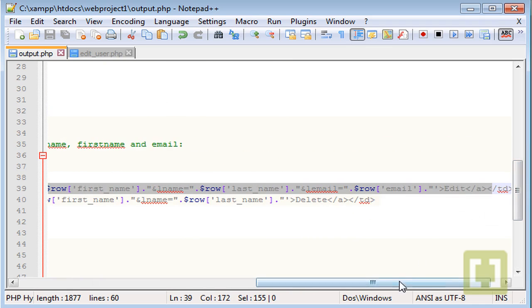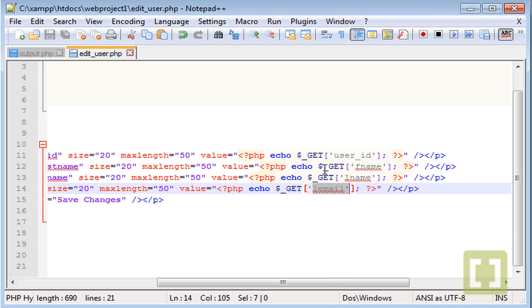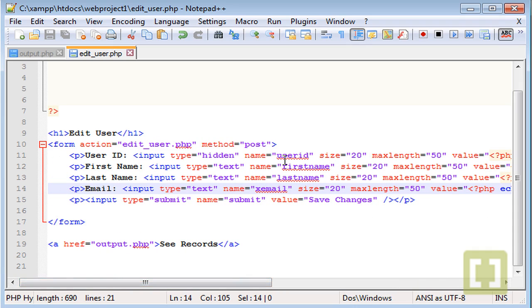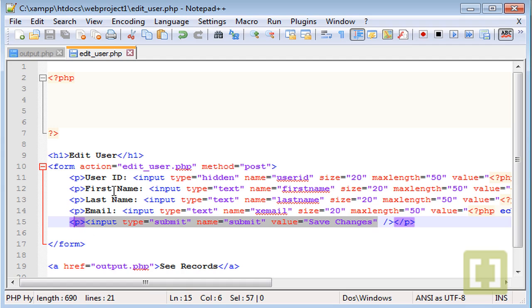Make sure you have GET user ID, GET f_name, GET l_name, and GET l_email. Then you give new names: user ID here, first name here, last name, email, and that's it. You can also create at the bottom a link to output.php so we can see the records whenever we want. Now whenever we click submit, we'll make the changes for email, last name, and first name